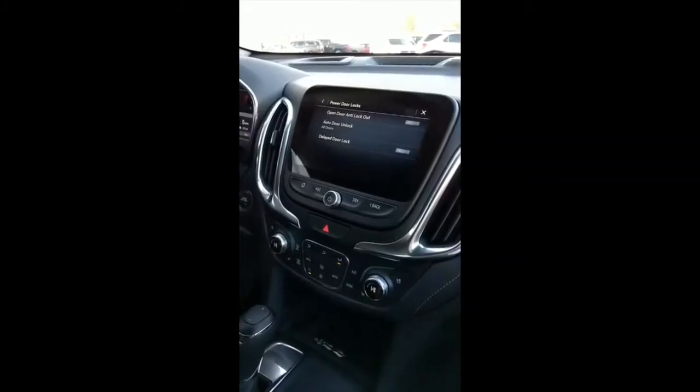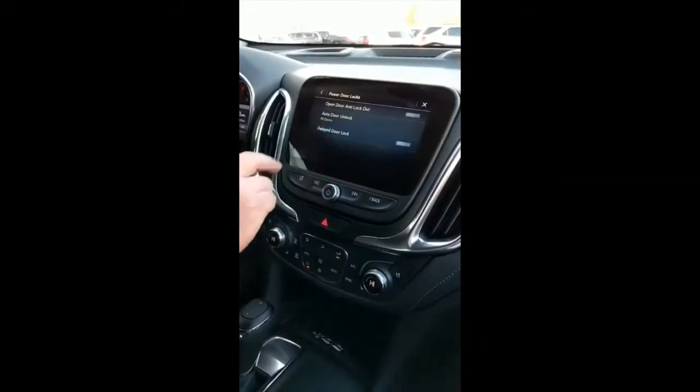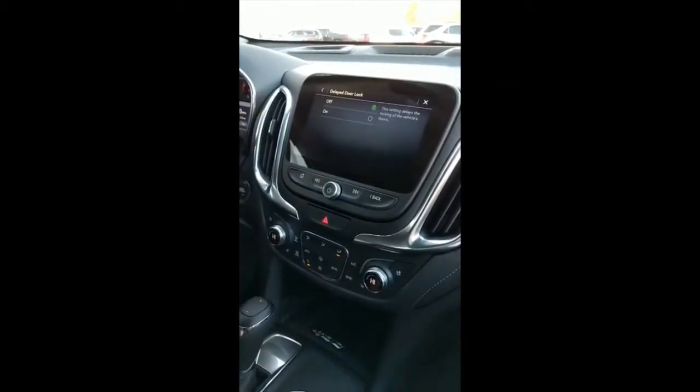The third feature on the power door locks is your delayed door lock. And again, you just simply select delayed door lock. In this event, what happens when you go to lock the doors is it will pause for about 5 seconds, and then after 5 seconds, it will lock the door. That's a great feature if you might be one to forget your keys in the car, or you forget your wallet or your purse in the car. It's going to give you an opportunity of about 5 seconds so that you can get back in the vehicle before it locks and grab those items that you may need for